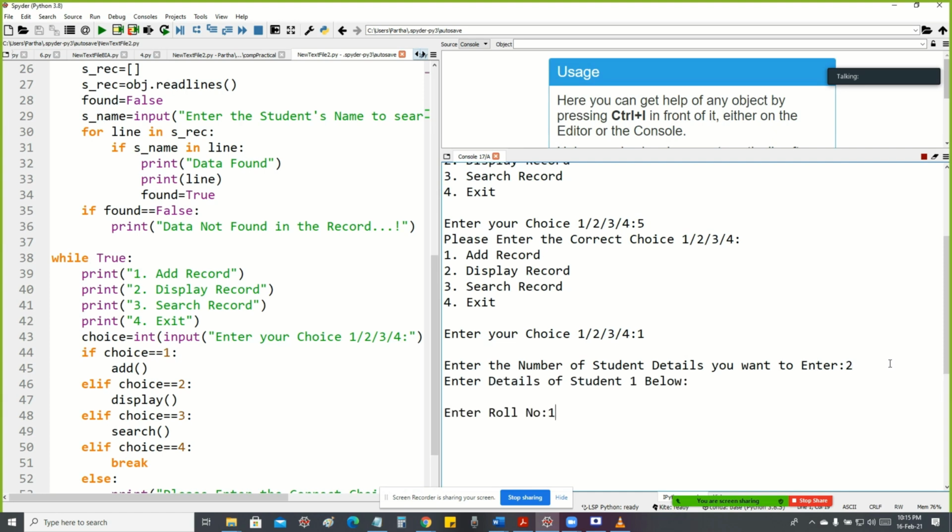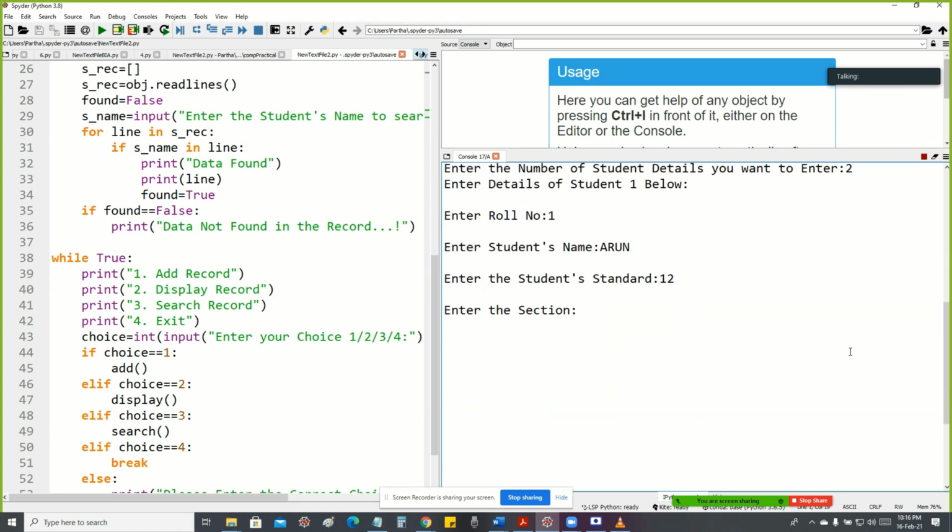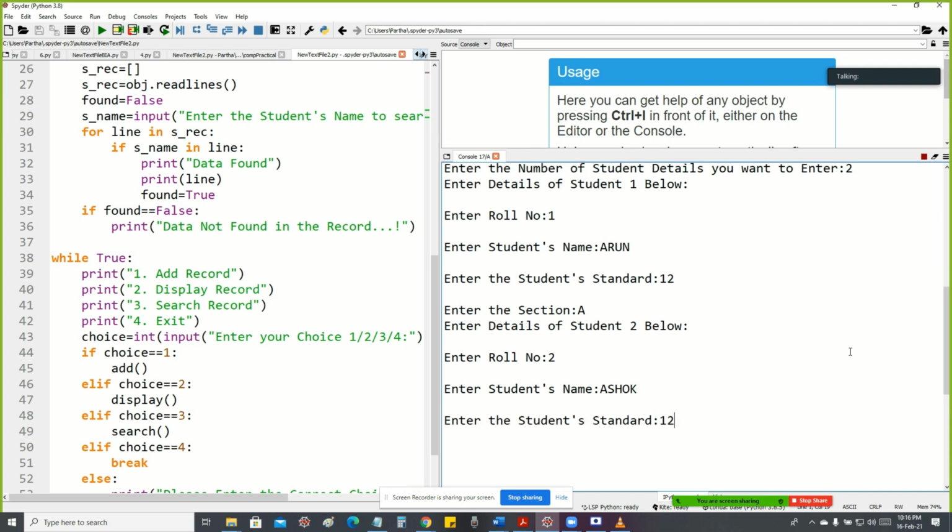Enter the roll number 1, student name Arun, student standard 12th, section A. Enter the details of the second student below. Roll number 2, student name Ashok, student standard 12th, section B.